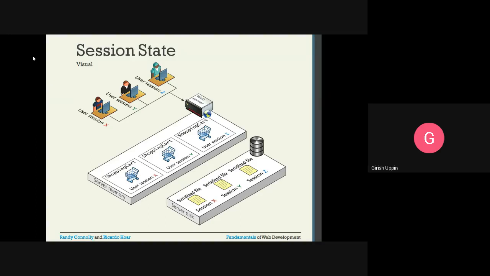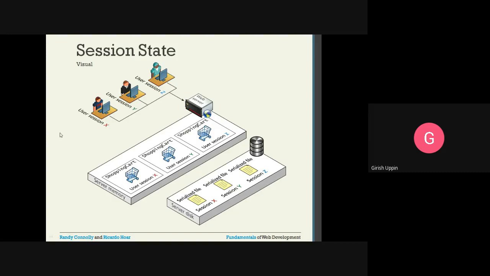In the previous class we understood the problem of the state, how to maintain that state in case of a web application. In case of a desktop application, managing state is not at all a problem, but in case of a web application, every request that comes in will come as an independent request, so it will not have any connection with the other requests. So managing state is a challenging thing. So we will look into the session state.